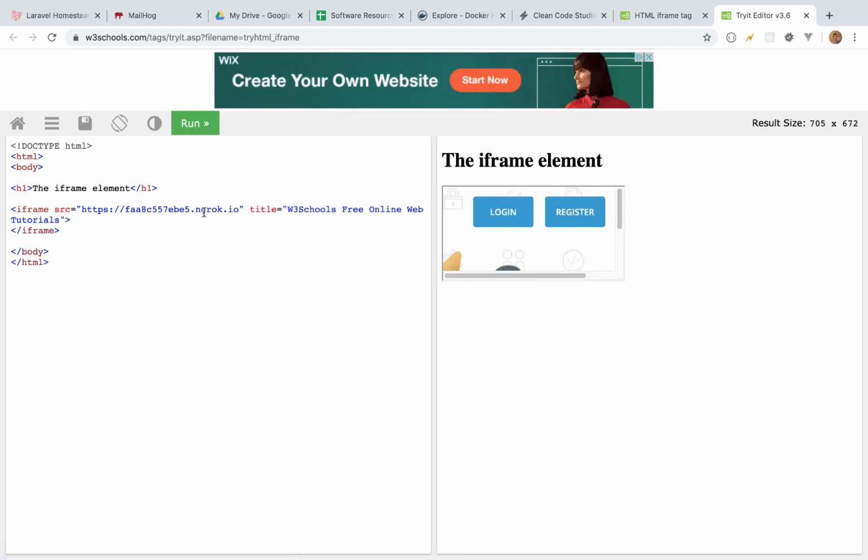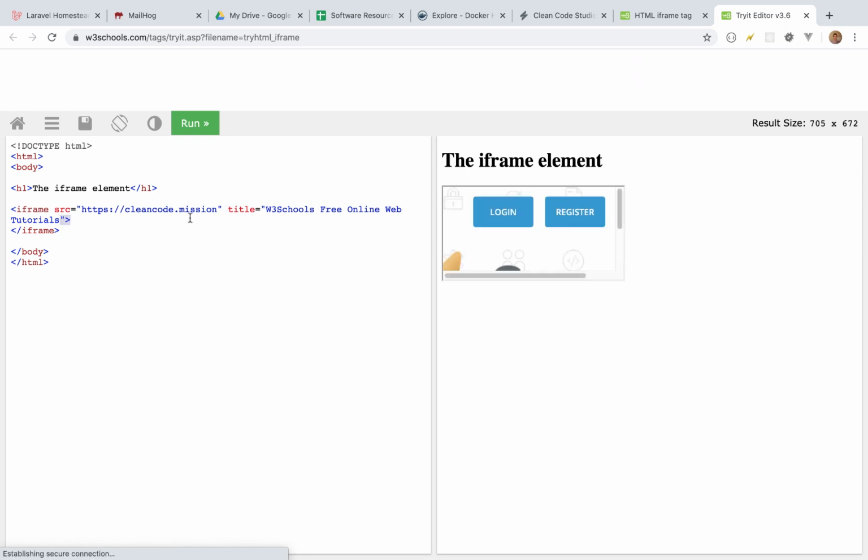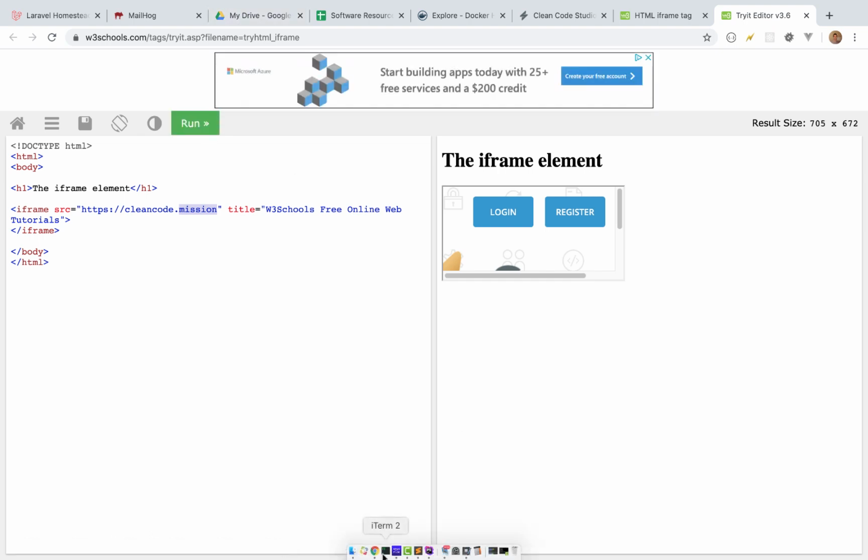It actually works. In comparison, if we try to get cleancode.mission, I don't believe this will work because that's a local site. Oh, I guess it does. Okay, so I guess I don't know how to prove that actually works because that's using my local DNS outside of